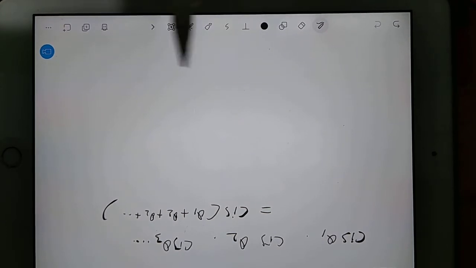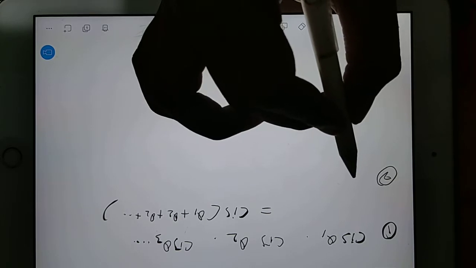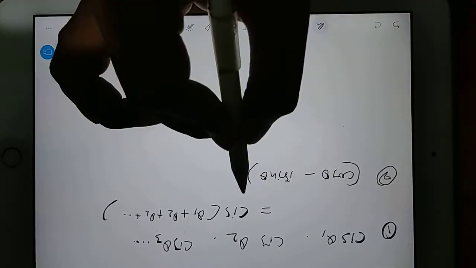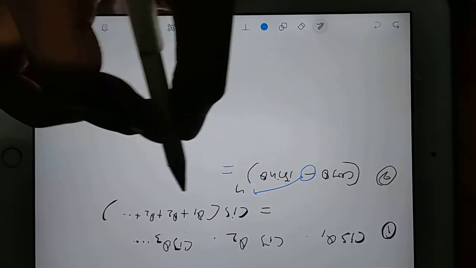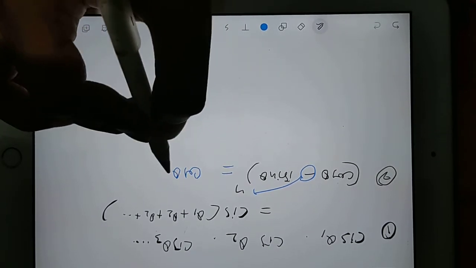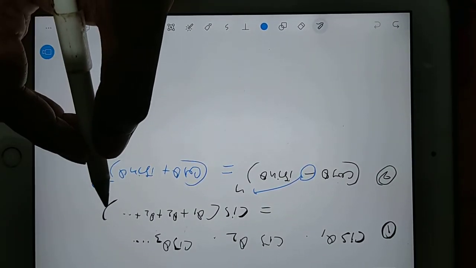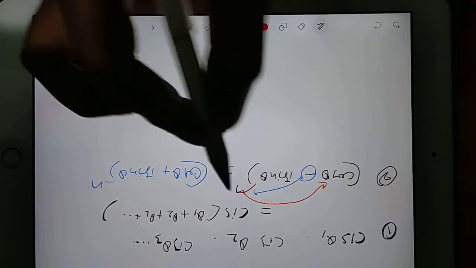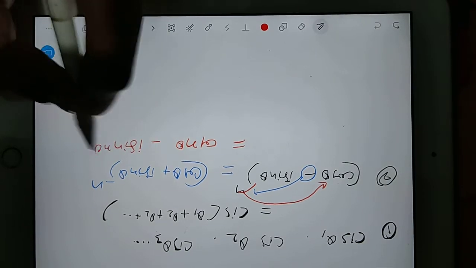It's clear? And one more basic thing you write, otherwise you'll be confused. When it comes to the minus sign, suppose you have cos theta minus i sin theta whole power n. Then you can copy this minus here, because you can consider -1 as the power. So you can write this as cos theta plus i sin theta whole power minus n. And of course, if you want to apply the n here, that is also valid, like cos n theta minus i sin n theta.